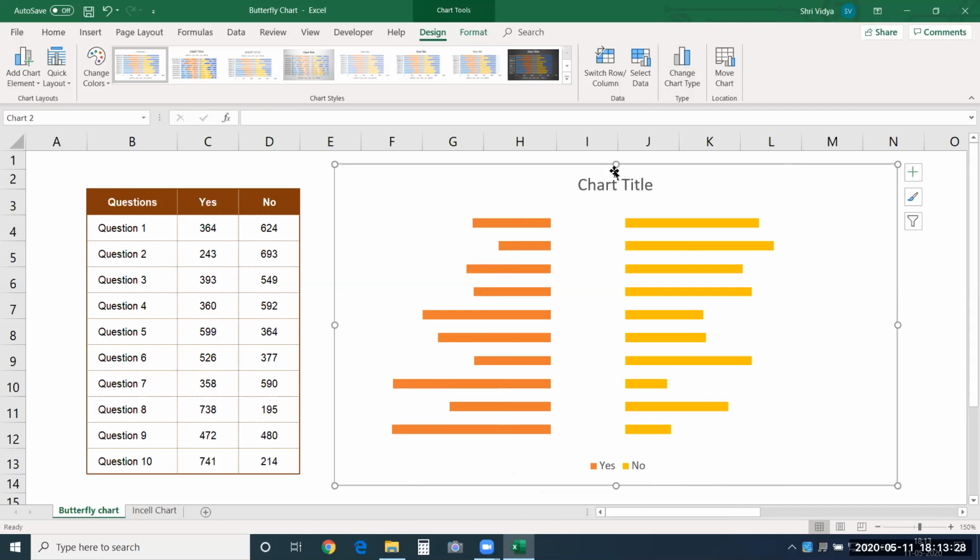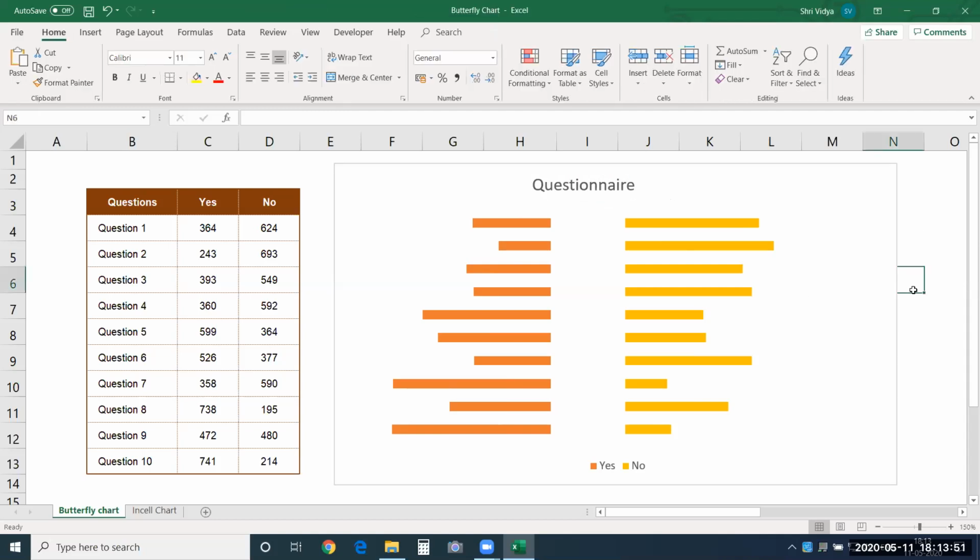I can also go here, change the chart title based on the report name that I want to provide, and just say questionnaire. You could also mention something else depending on your report that you're trying to display. You can change the name of it.